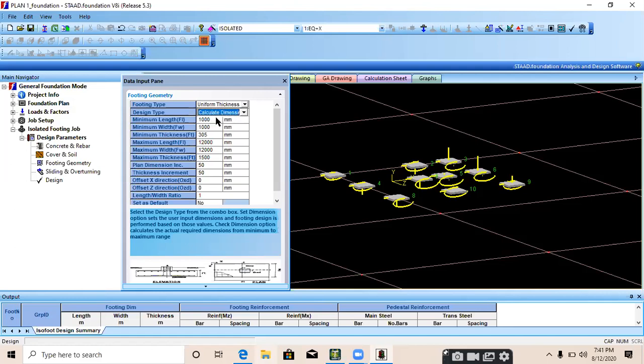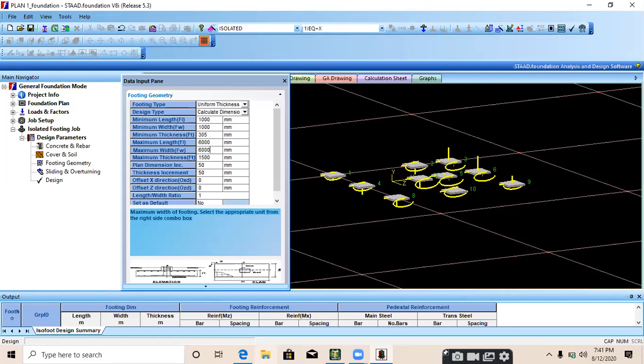I just prefer calculate dimension and provide maximum length, maximum width, maximum thickness, plan dimension increment. Suppose I am providing a plan dimension increment as 50 mm. So it will try 50 mm more up to the maximum length provided here. Suppose I am providing a maximum length of 6000. So it will check for 6000 and show you the data.